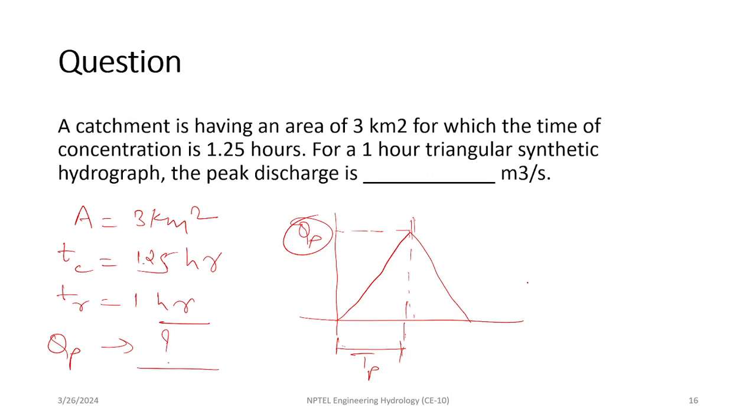So if you take the area of this watershed, and the 1 hour triangular synthetic hydrograph is given, any kind of approach you can make from this? So we need to use the half base into altitude formula, I think. 0.5 into TP, half base, and QP is equal to,